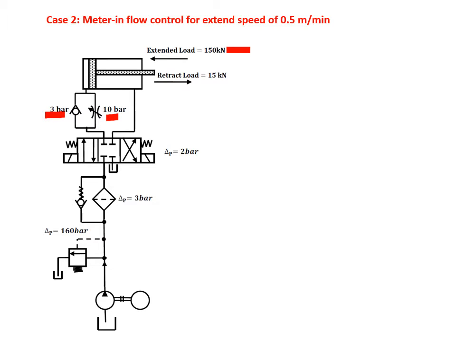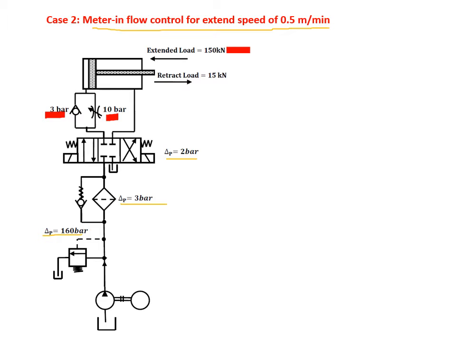Check valve drop is 3 bar. Then the pressure drop at DCV is around 2 bar. The pressure drop at the filter is around 3 bar. The pump is supplying, and the setting of the pressure relief valve is around 160 bar. What is given is a meter-in type of flow control with the extension velocity of 0.5